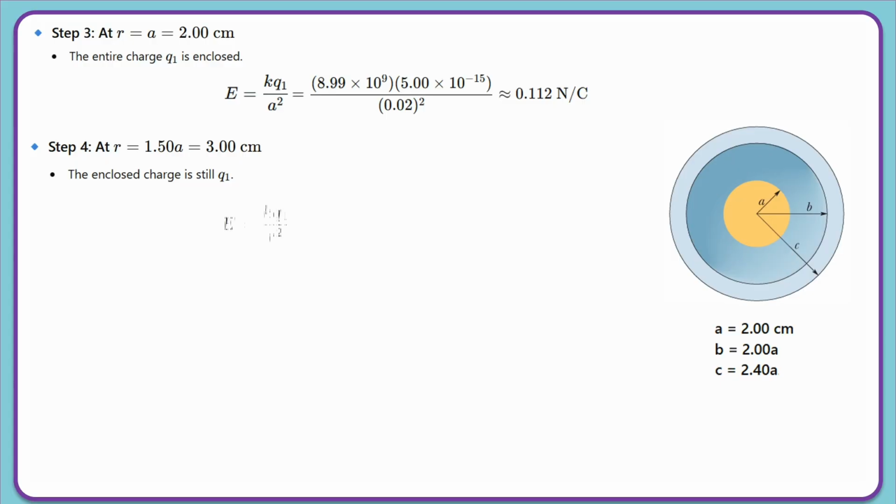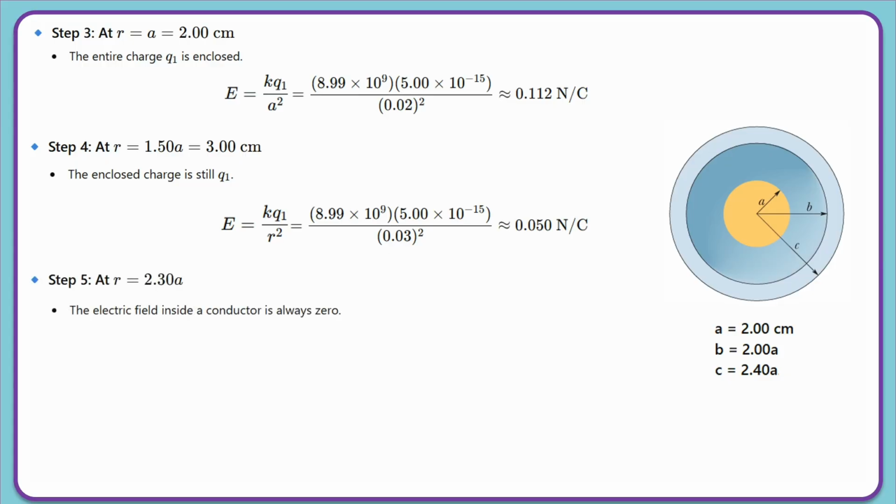So we again use E equals KQ1 divided by R squared. Substituting the values gives E equals 0.050 newtons per coulomb. At step 5, we calculate the electric field at R equals 2.30 A, which is inside